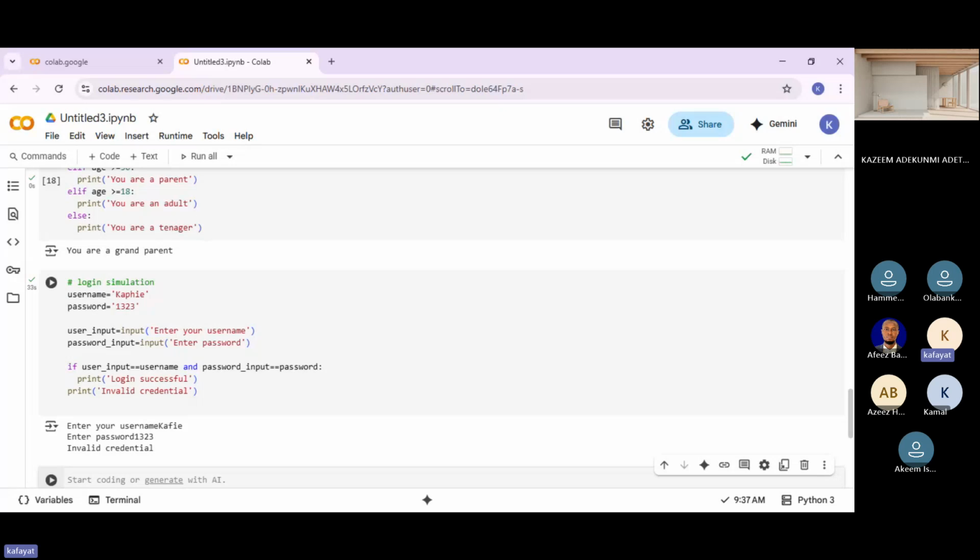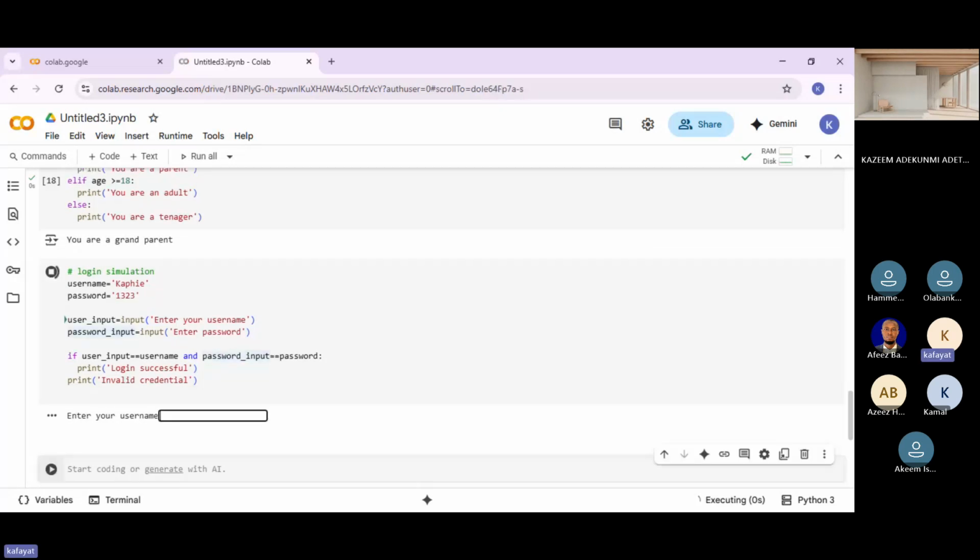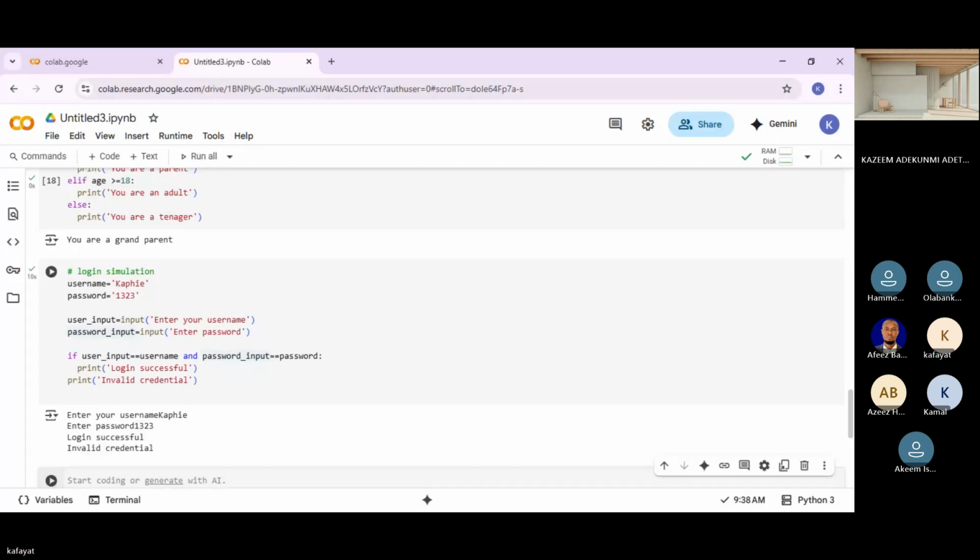Invalid credentials. Let's now enter it correctly. Password 1323. Okay, valid credentials now.